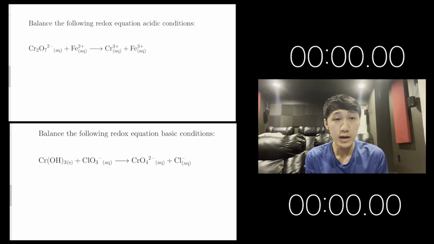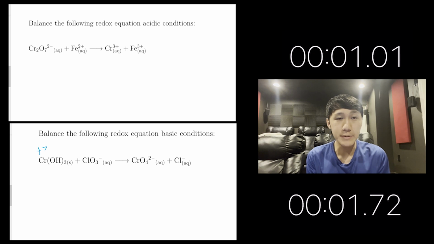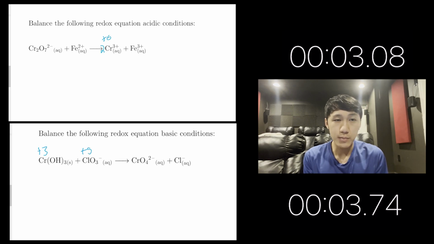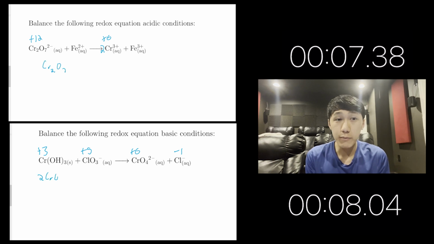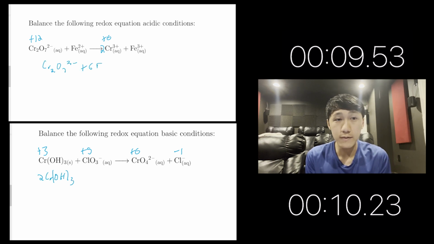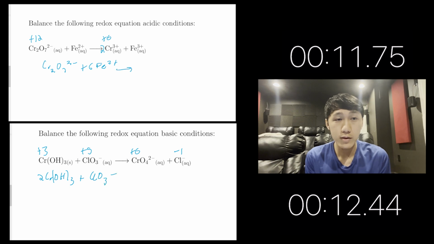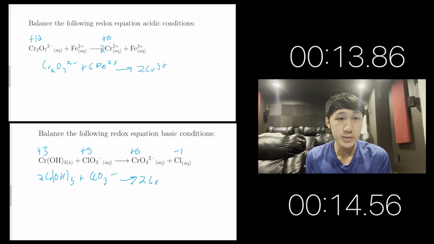Today, I will be teaching you a method for balancing redox equations that is much faster than the traditional half reactions method. As you can see on screen, I'm demonstrating this method right now to solve a problem in both acidic and basic conditions. With enough practice, you should be able to get your solve time down to below 1 minute. But don't worry, today I will be going extremely slow while teaching you the examples, and you can follow